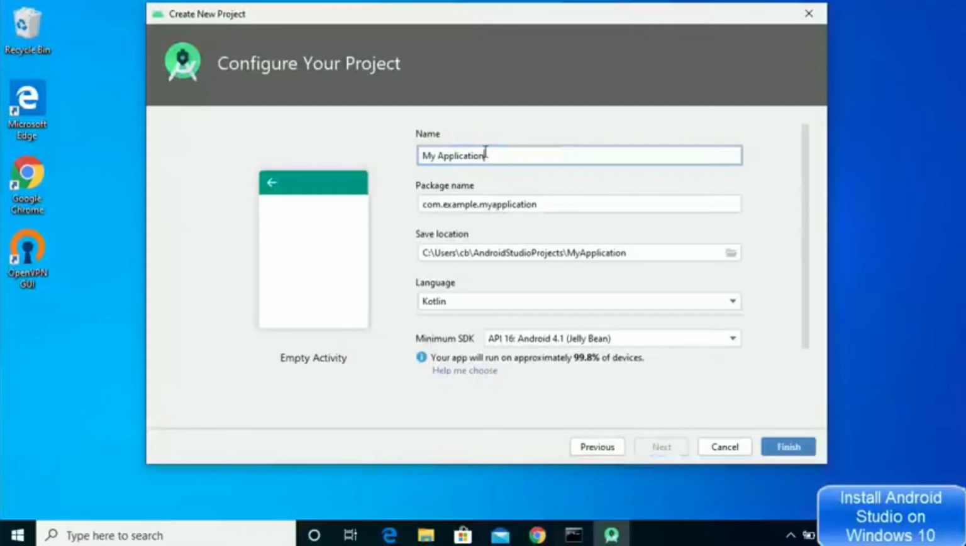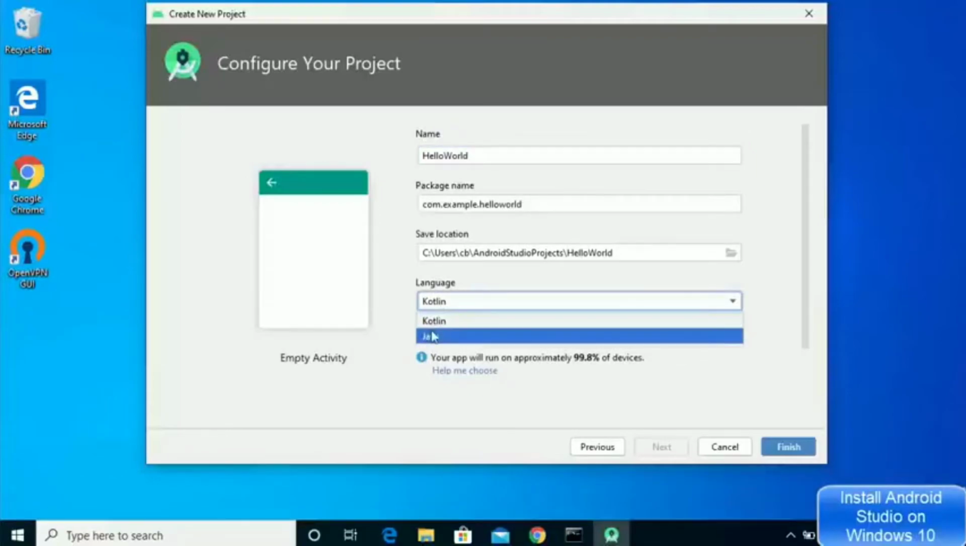Here at the top you can provide the name to your Android application. For example, I'm going to just provide my first Android application name as Hello World here, and then just leave package name as default. You can also change the location where this project will be saved, and also you can select the language in which you want to develop this Android app. So for now I want to develop this Android app in Java, so I will select Java from here, and